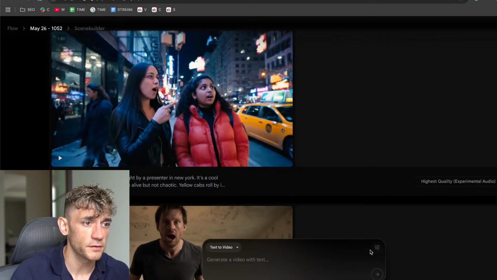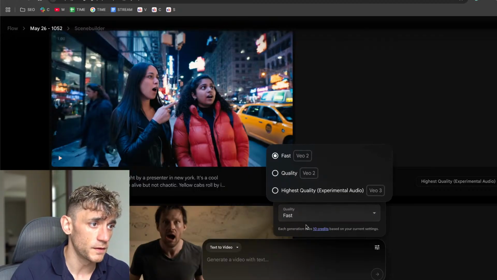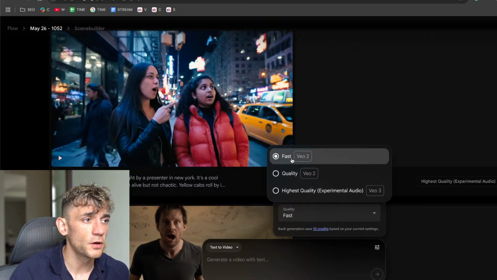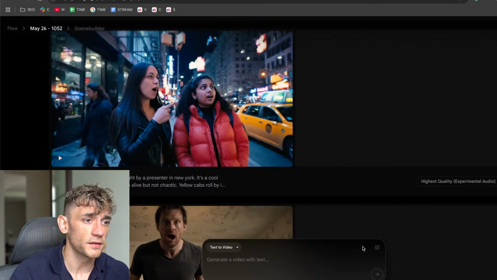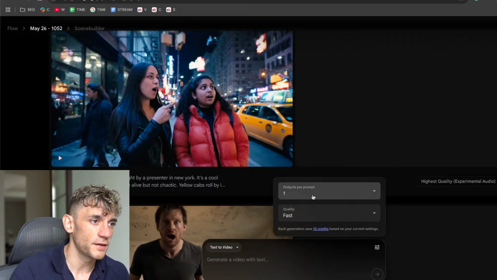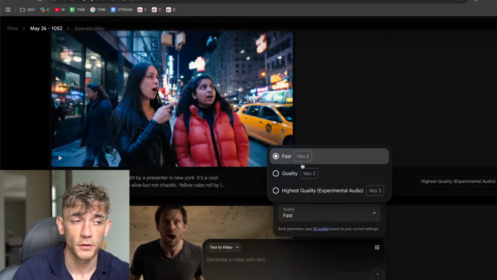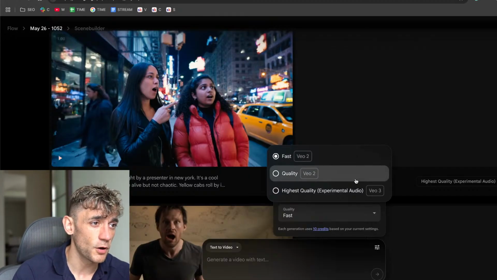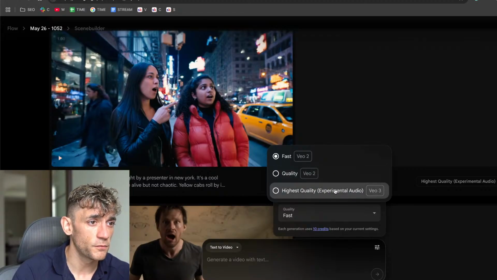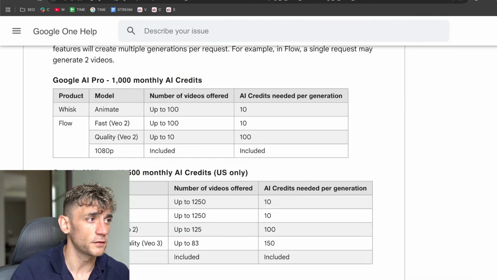Now, most people don't realize this, and I didn't realize when I first started using it, that you get a choice of outputs here. So if you go with the defaults, and most people can't even see that little icon down there, it's grayed out and you can't really see it. I think they're trying to hide it or something. But if you change the settings over here, you can change the quality from fast, which is VEO 2, the old model. Then you've got quality OK, which is like VEO 2, but the one that you want is highest quality, right? Now, this uses 100 credits based on your current settings.